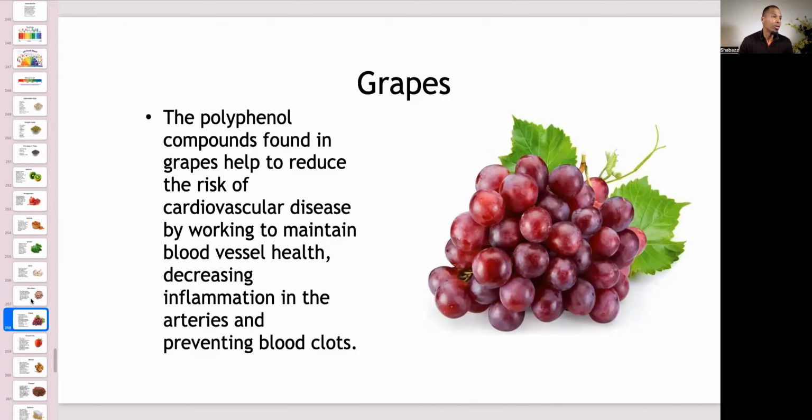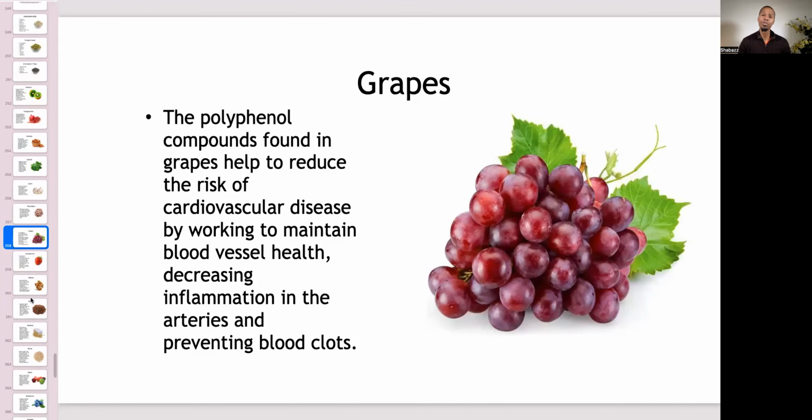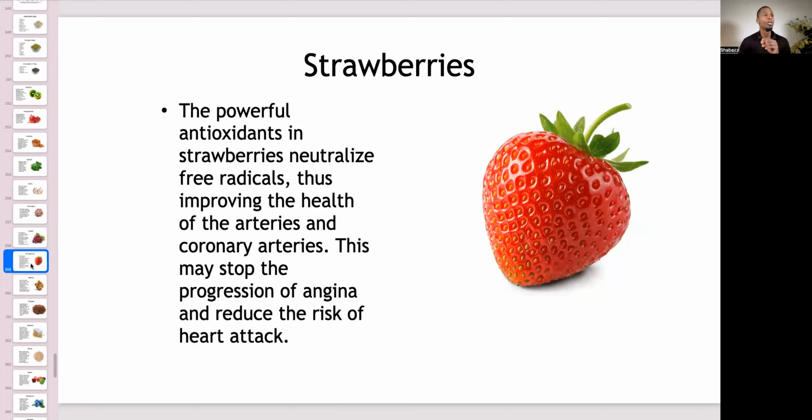Look at this right here. Grapes, if you're diabetic, you do want to make sure that you're cautious of the grapes. I know a lot of times the doctors say, or people will say, if you're diabetic, you can't eat fruit anymore. Like that's the end of fruit. And that's not true. We're talking about canned fruit. That's the end of canned fruit, true. But you can eat fruit, but in very, very low moderation. I'm not telling you to go out and go fruit crazy, but just very low moderation.